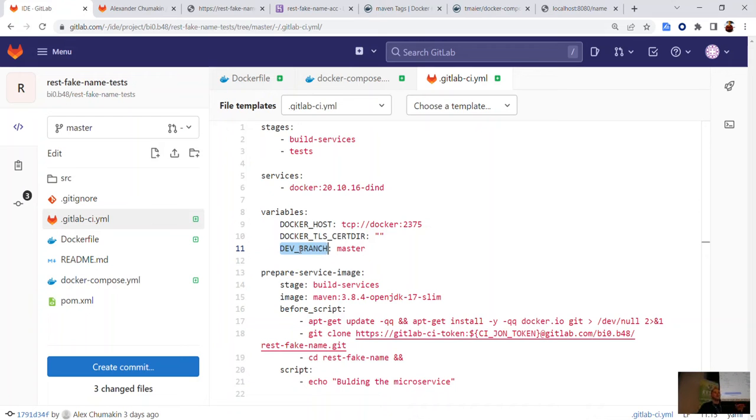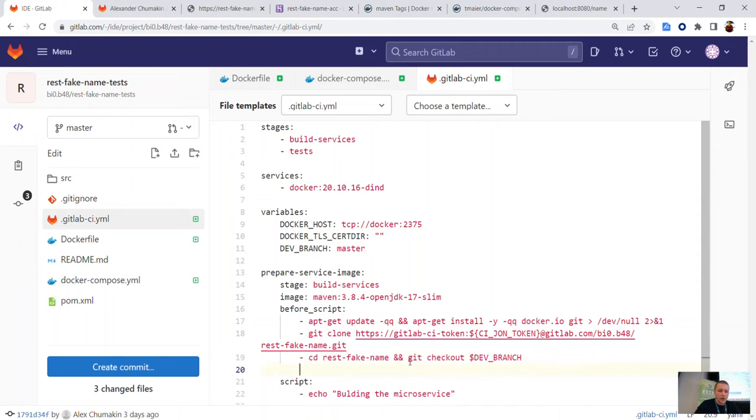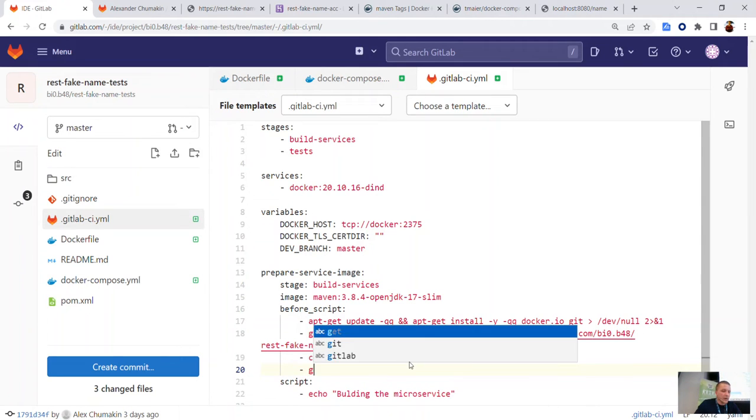But if you clone the repo on a specific branch, there might be commits in different branches afterwards. So to make sure we have the latest commit from a particular branch in CI, we need to make a little bit of magic here. So we will run first git checkout this $dev branch, and one more command, git pull